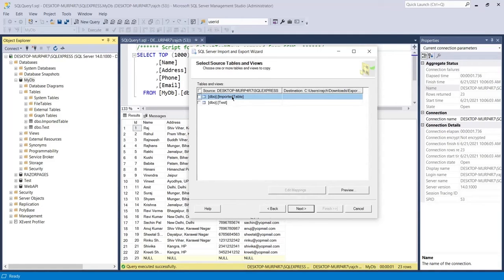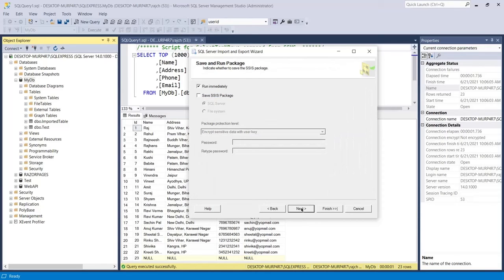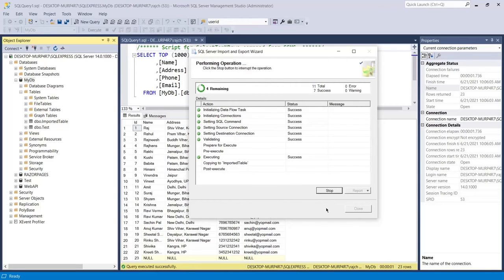Now I will click on Next. From here I will choose my table. Okay, and now I will click on Next. Okay, so no need to change anything. Just click on Next again, and just click on Finish.